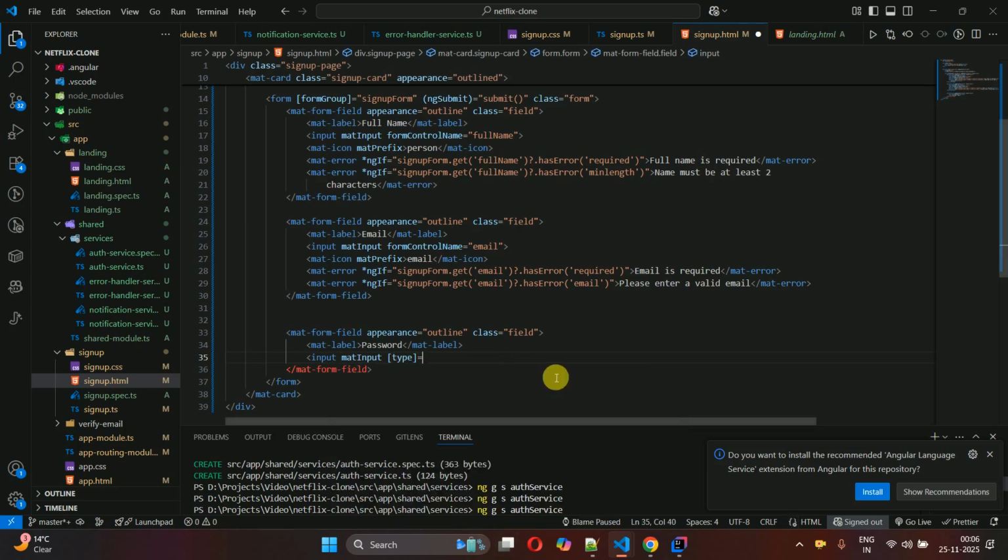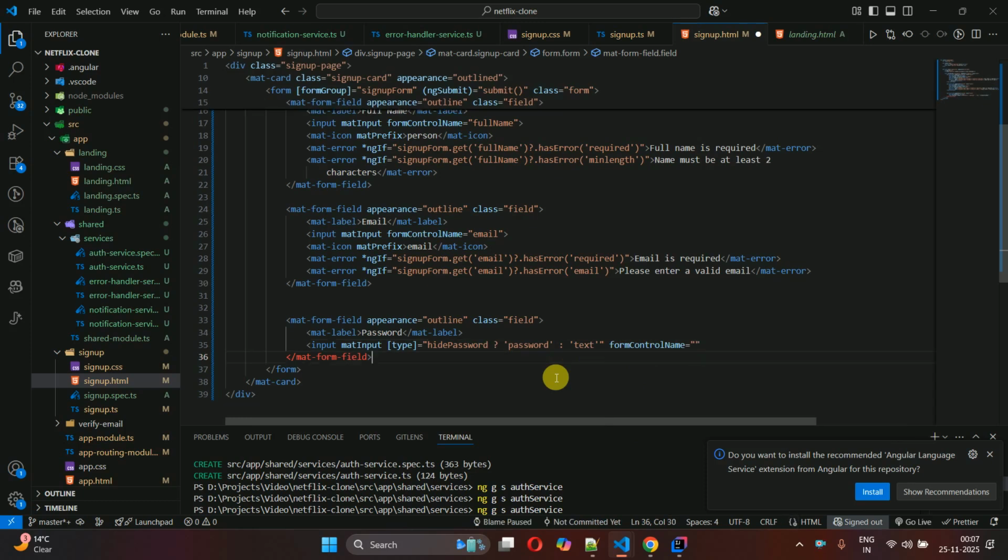So here in the type field we have to pass hide password, and then password, and in this one we have to pass text, and after that form control name of type password. Okay,